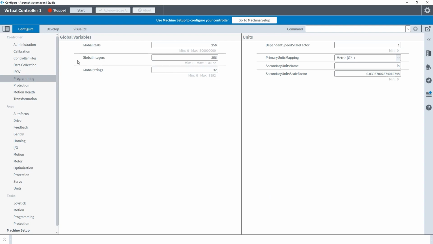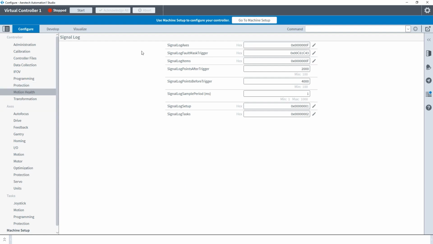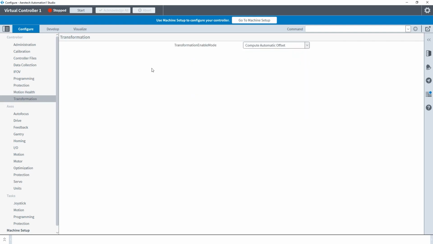We can set how many different variables we want to have globally available within the controller, and we can also set our units. So if you wish to be on metric, you can also look at secondary unit names and things in here. There is the protection screen, which allows you to adjust some of the controller protection functionality. Motion health, which will be expanded in coming systems, but currently allows you to log different sorts of signal. And transformations